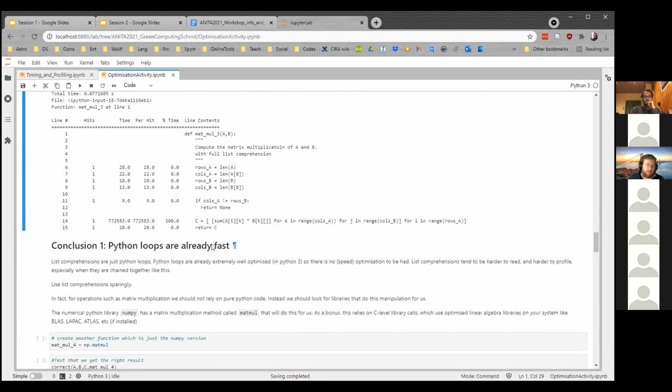but it's a bit of a pain because by doing all of these, what is effectively a triple nested loop on one line of code, of course, all of our work's being done on that one line, but we don't really have any clues as to how to speed that up. And in fact, from the timing that we saw before, the conclusion is that the Python loops are already really fast, and that by doing list comprehension, we're actually not making things noticeably faster. But what we are doing is making things harder to read,